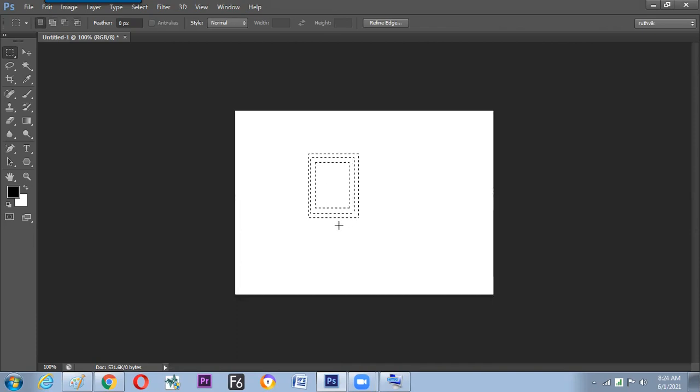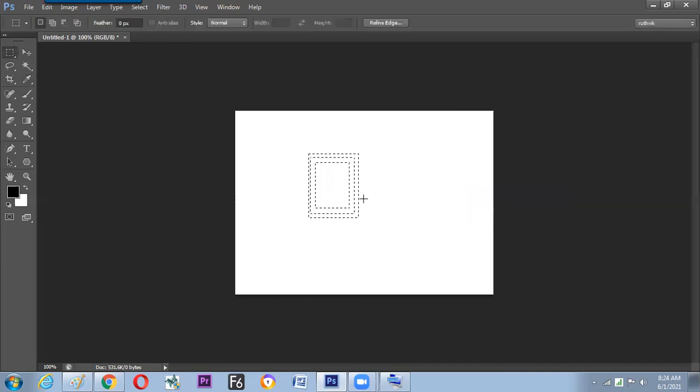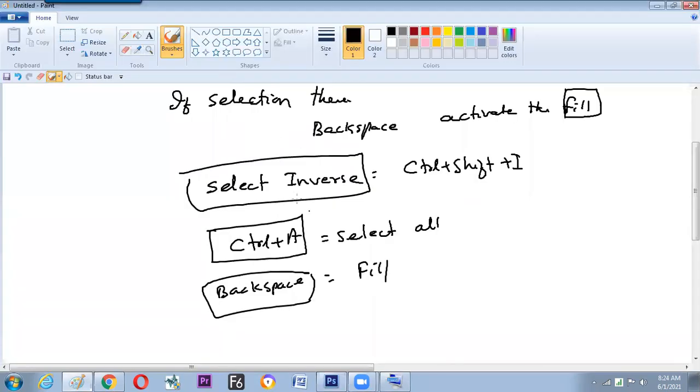And now get it filled. Switch to this and get the tab button, and hit down and up arrow. Make the job done. And deselect, Control D. So hope we have seen how to make a box design in manual method and professional method. So these options are clear.